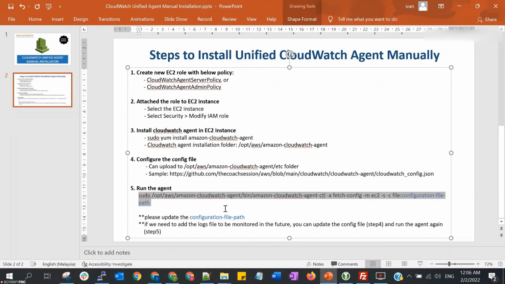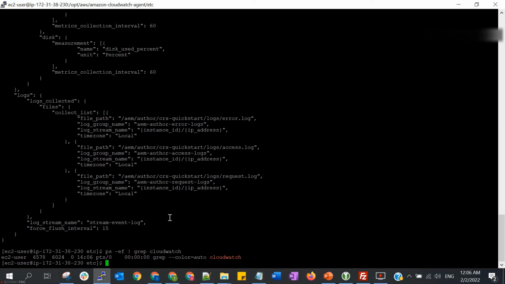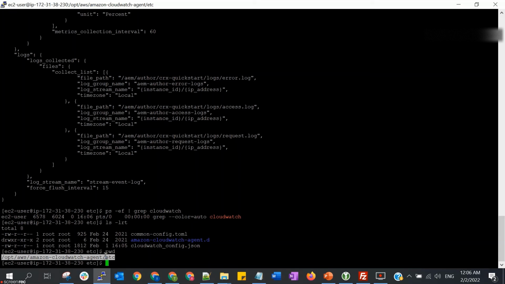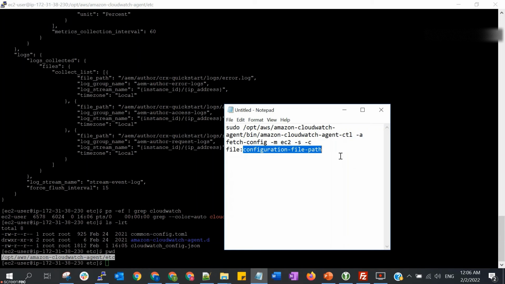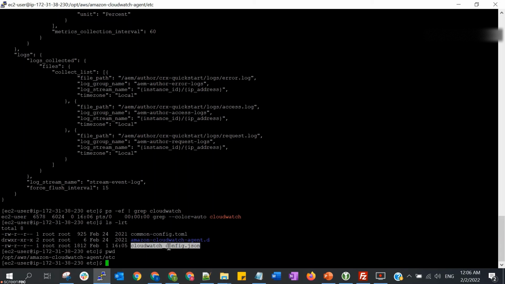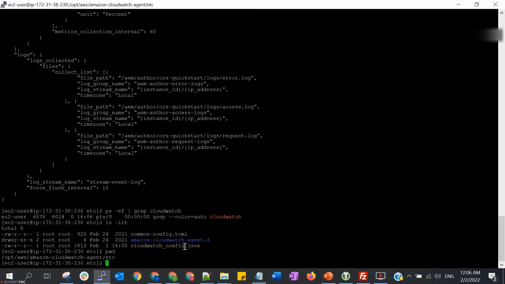You can copy this, and then we need to change the configuration file path. So this is our folder that contains the configuration file, and this is the configuration file name. I'll run this.